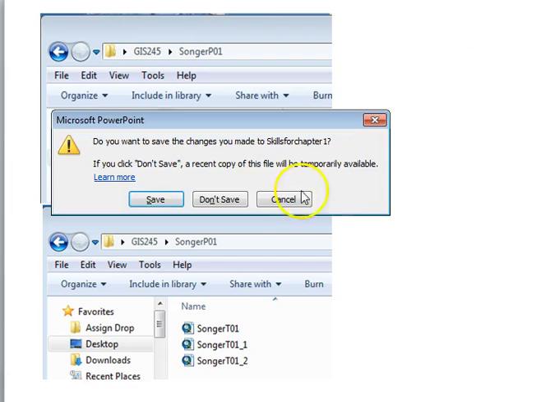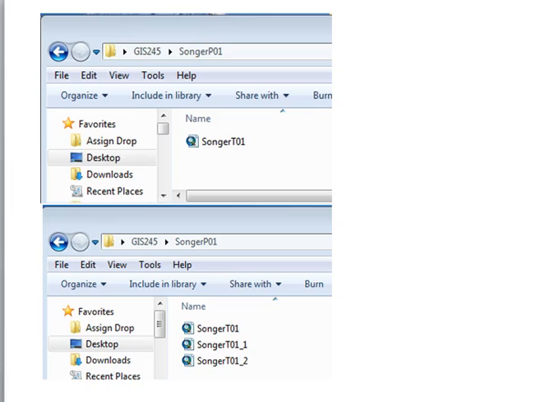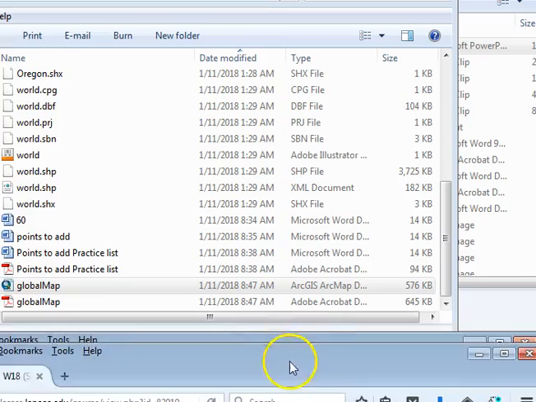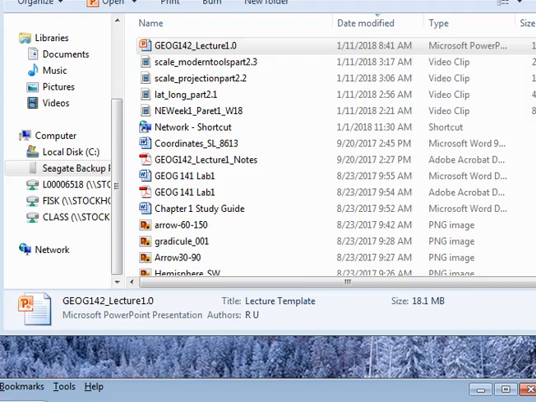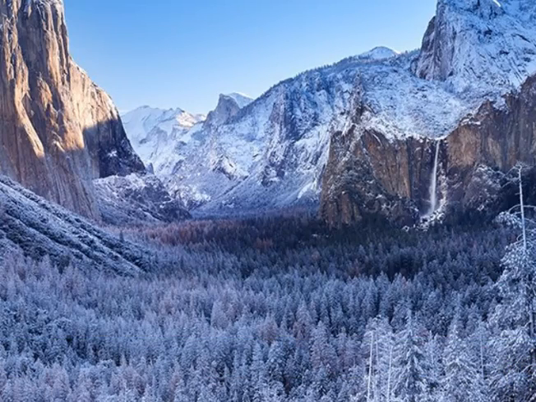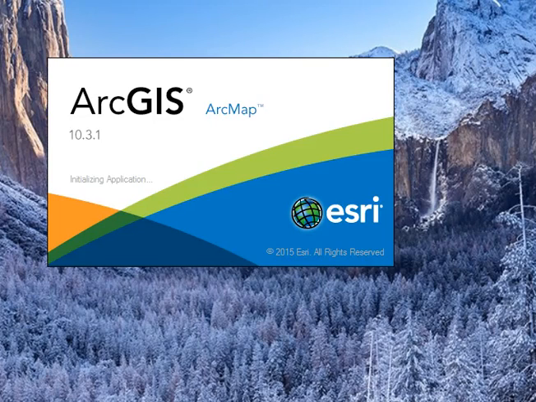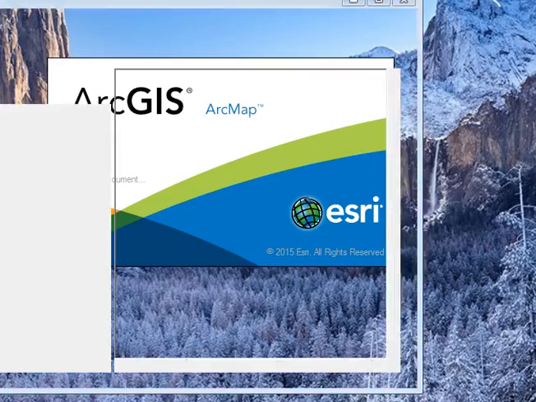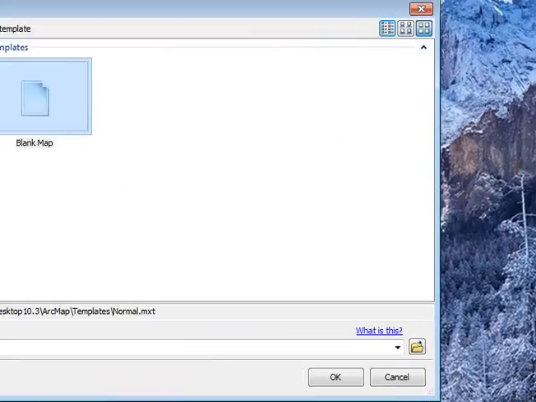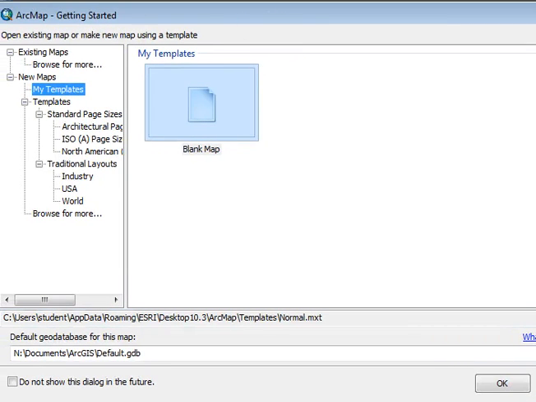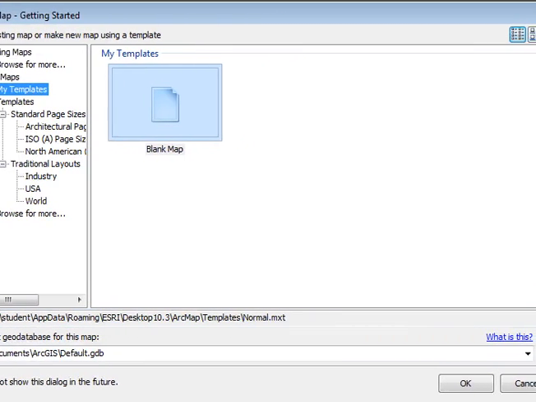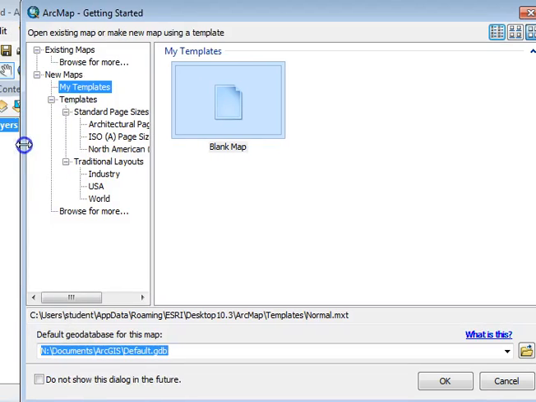Okay? So, I'm going to close that. And then let's go ahead and take a look at, oh, I wish I'd made the window bigger, but I didn't. So let's just go ahead and open this for a minute. Okay. Oh, maybe I could, wow, I didn't know I could move that. That's pretty cool. Maybe I can't. Okay, so